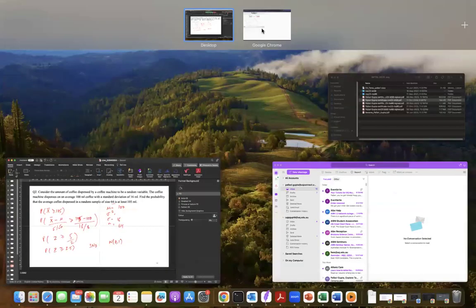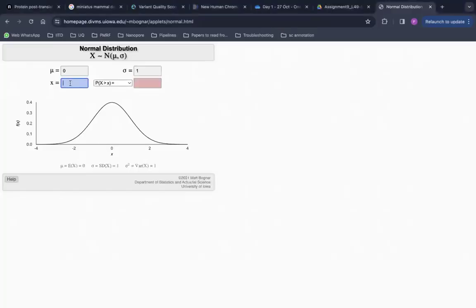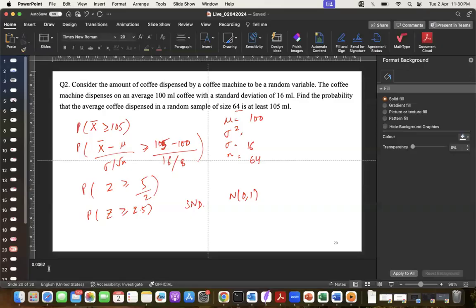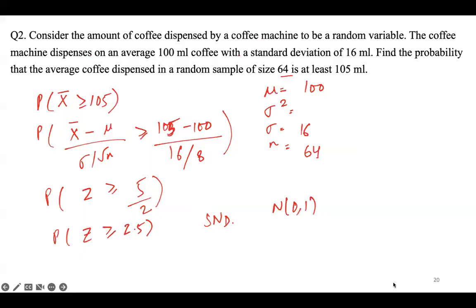So I'll just write 2.5 here. We are interested in this. So it's going to give me 0.0062. So that's the answer. Okay, 0.0062. Fine. So this is how you can solve questions from the